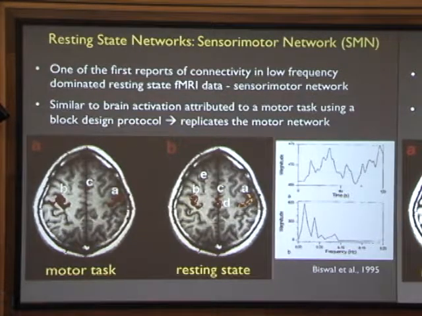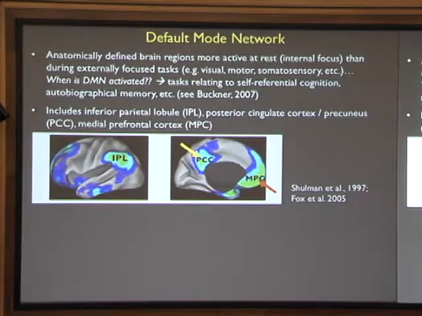observation that was dutifully ignored for about 10 years. Well, I shouldn't say that. There were a few studies here and there over the course of maybe 10 years. And then this whole phenomenon basically blew up in the last decade now. And then there was this other very interesting phenomenon that was parallel to this, something called the